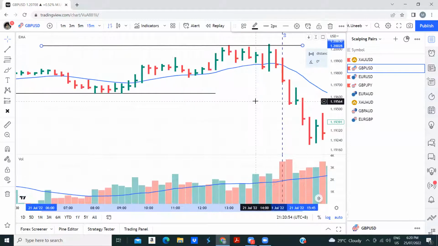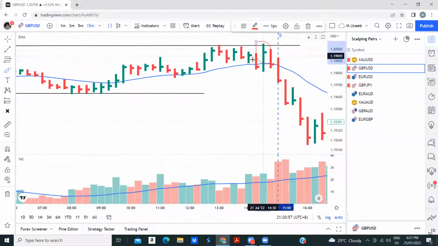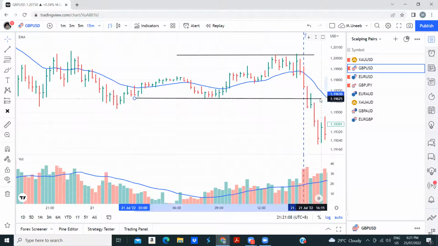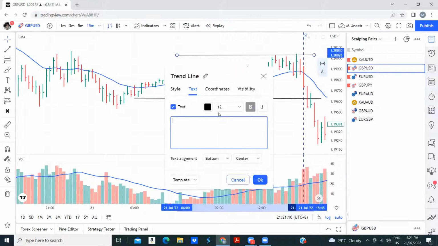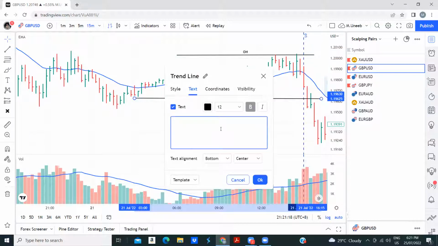Why will we not mark this session, this high? Because it is a developing high, right? Yes. Okay, all right. So what do we have now? We have overnight low, overnight high and low marked. Let's mark it. Overnight high. Overnight low.